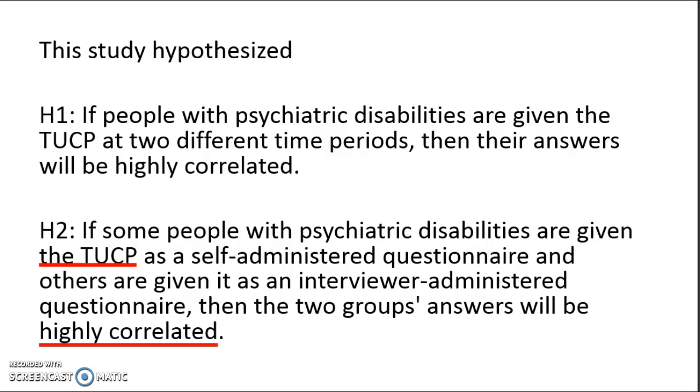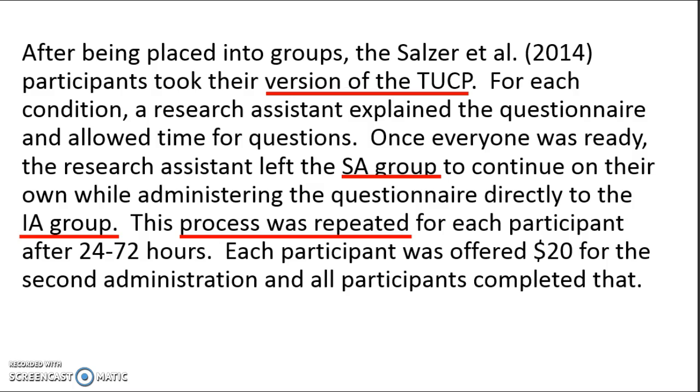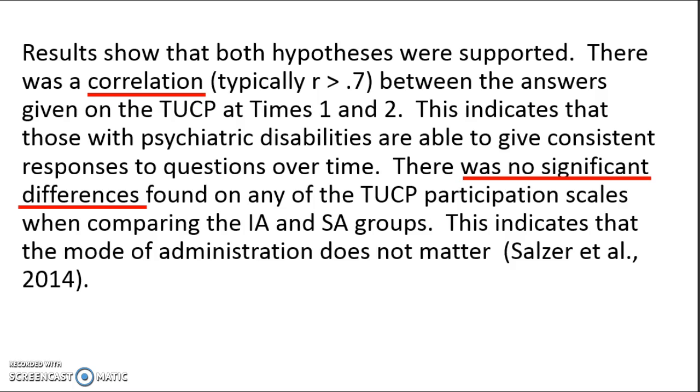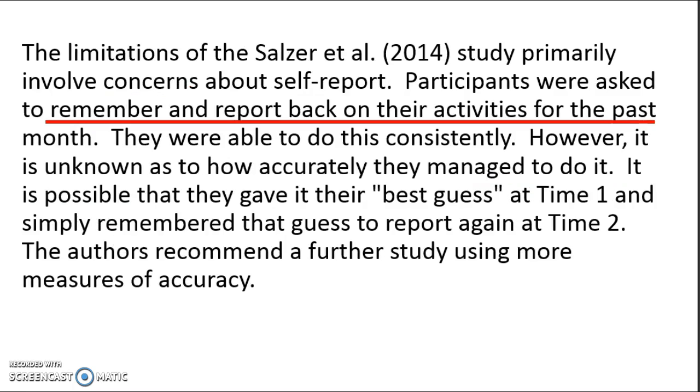The hypotheses talk about the instrument and the correlation between both time and groups. The methods talk about using the instrument over time and between groups. The results talk about the correlation of the scores on the instrument over time and between groups. And the conclusion talks a little bit about overtime. This is a bit off flow, but as we're limited in summarizing what the author said, the conclusions may have to go a little off topic.